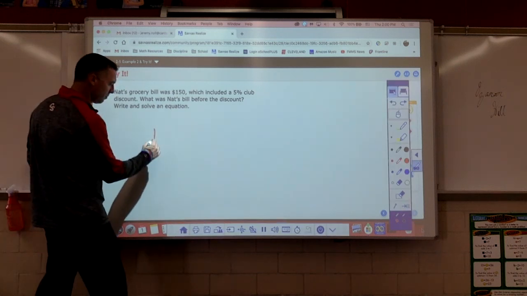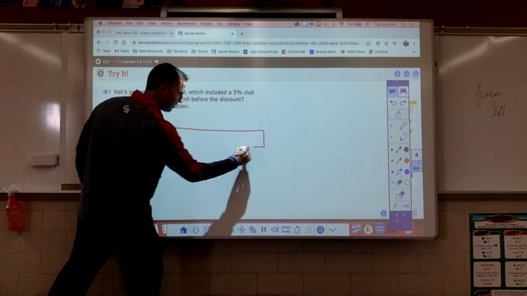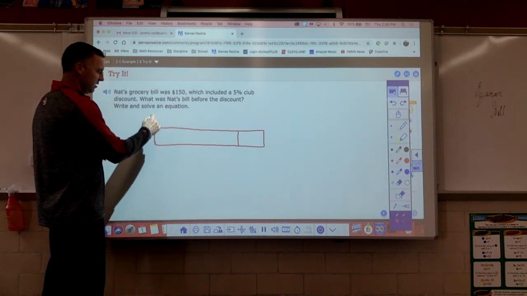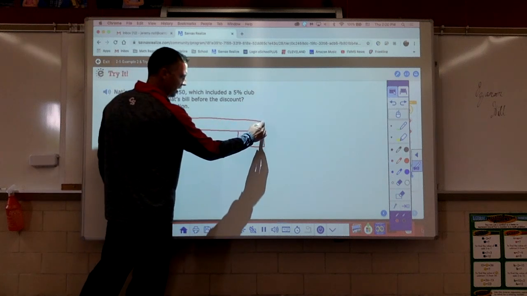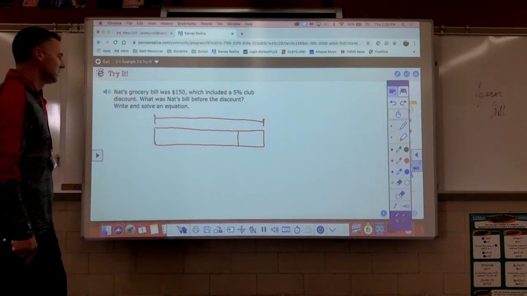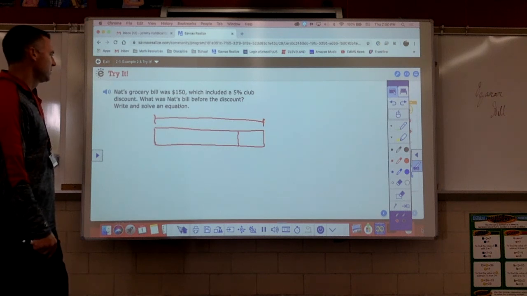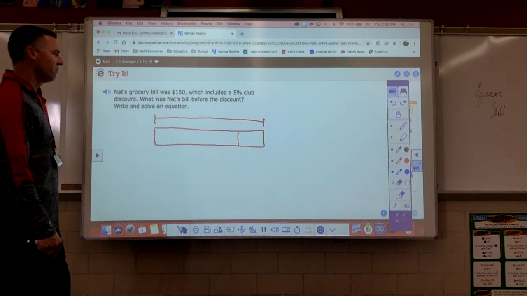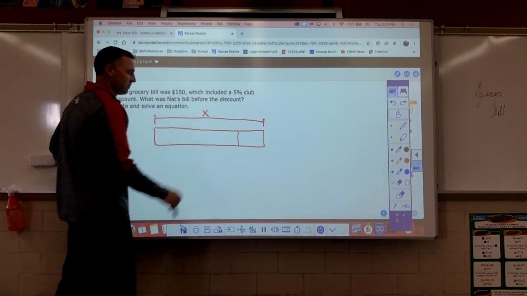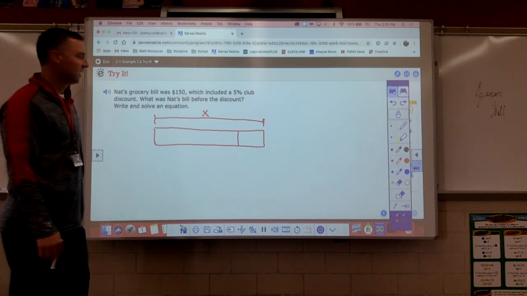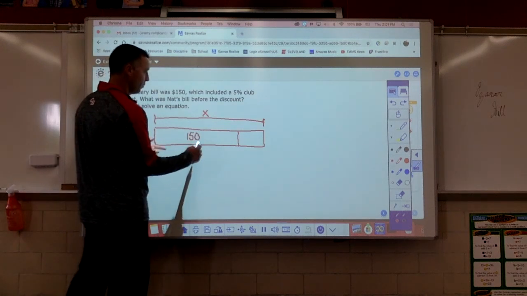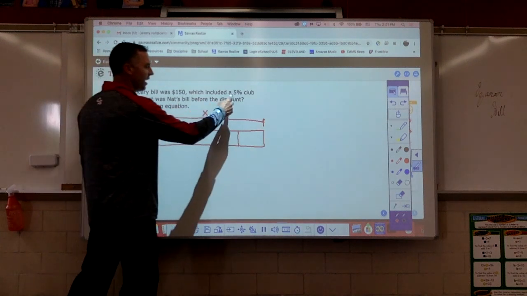Well, if I were to draw a bar diagram, we know it's going to be two different pieces. And they always have this line that represents the total. Do we know what? I think we do. What do you think, folks? What's the total? What was it before the discount, though? We don't know this. But we do know she paid $150, and we also know that she got a 5%